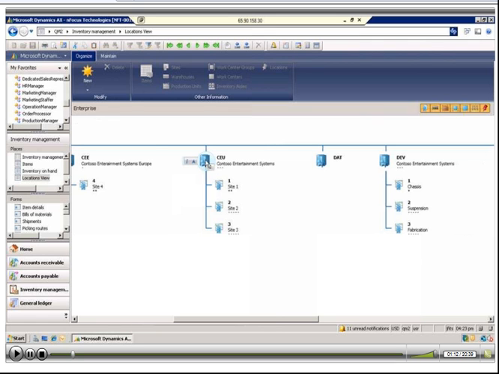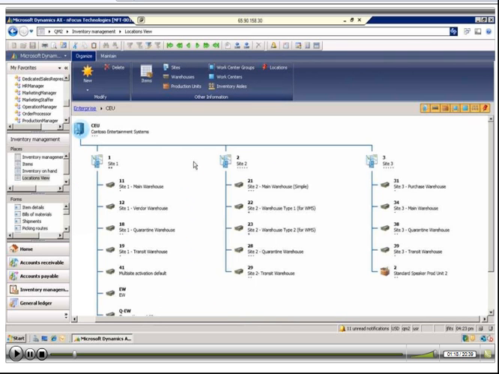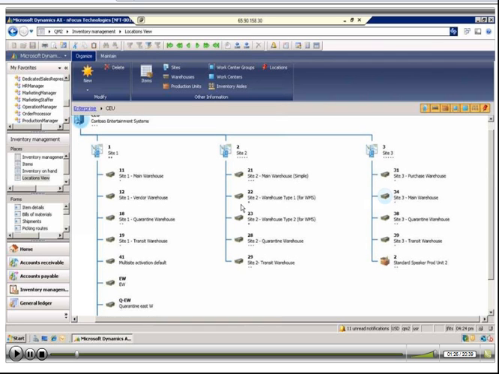By clicking on this CEU icon and hitting the up arrow, it'll explode this view, and now sites are running horizontal, and below each site we can see the warehouse. Notice there can be different types of warehouse: a main warehouse, a vendor warehouse, quarantine, transit, etc. We can also further explode a particular site. We'll click the up arrow on site 2,